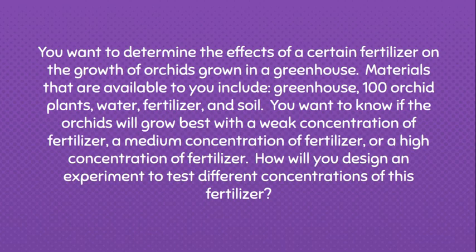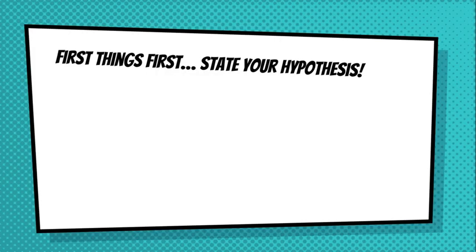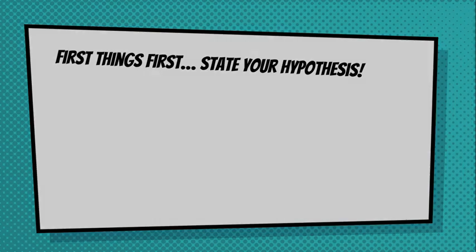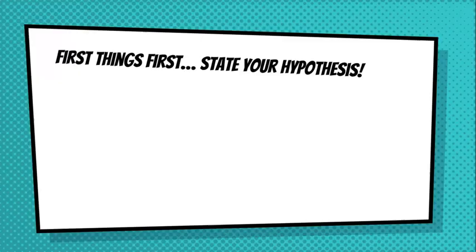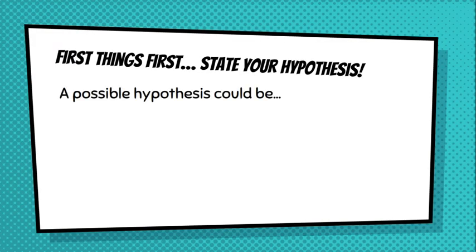Okay, so let's see. We are going to first think about our hypothesis. We already went over the other parts. We've asked the question, which is, I wonder if our fertilizer will help the orchids grow. We did some research and we found out what types of fertilizer we're going to use. Great. Now we are going to come up with our hypothesis, what we think is going to happen, an educated guess. The biggest thing when we are writing our hypothesis is that we want to use the if-then